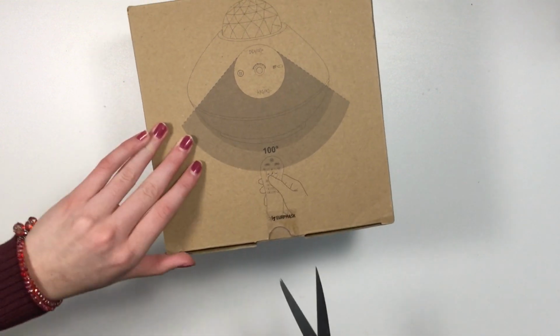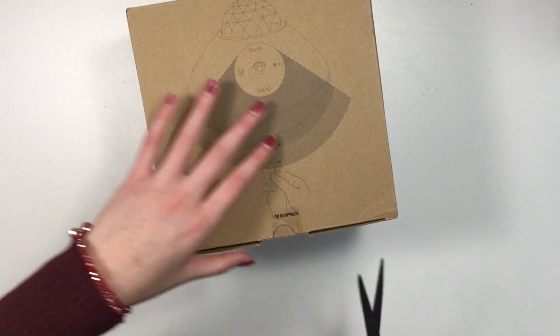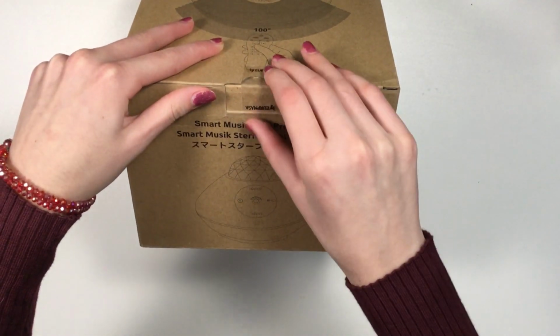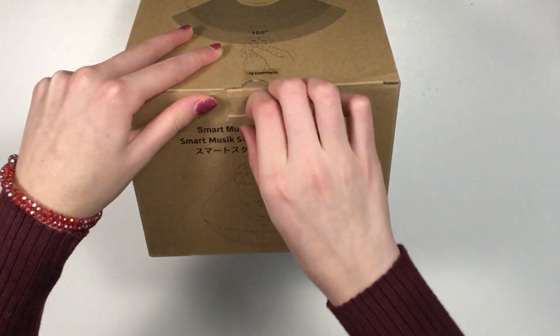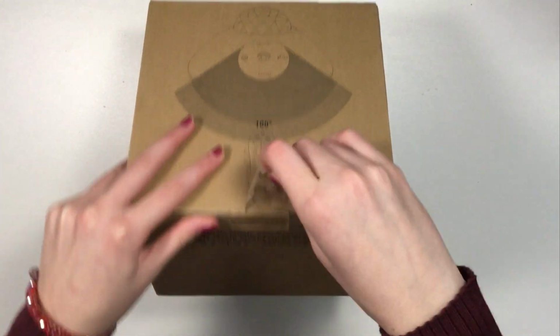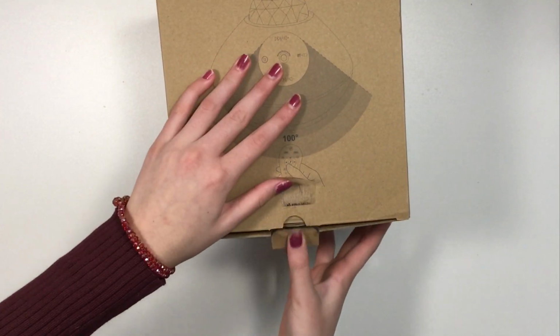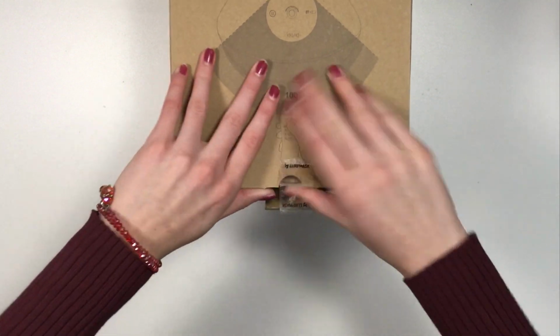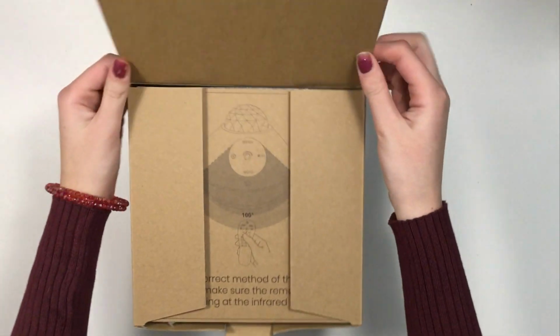So here I have some scissors. And I actually don't even think I need scissors because the packaging is very easy to open. I'm just gonna peel off this tape right here. You don't even need scissors to open this. Okay, very nice box. Whoa, so when you open it,